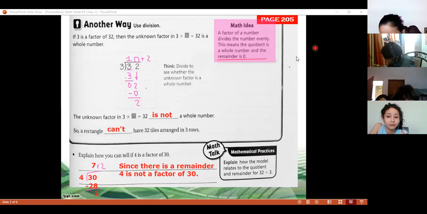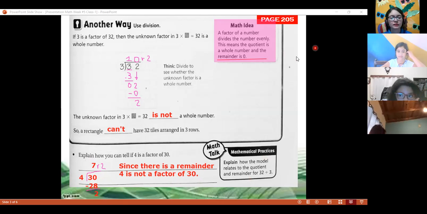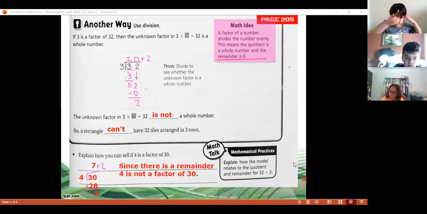So the rule says a factor means that I have 2 numbers that I can multiply and they are factors, class, as we worked on last week. But now we're using divisions to identify if they are factors. You make the divisions like this. You divide, Rebecca. And then you identify that the quotient is 10 and the remainder is 2 of this division.